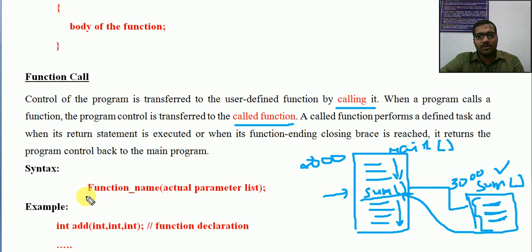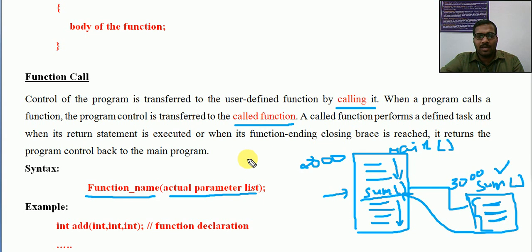Now let us see the syntax of function call. Function call syntax is very simple. Just use the name of the function, then the actual parameter list. Actual parameter means the actual value with which that function is to be executed or processed. For example, sum of 10, 20. 10 and 20 are the actual values to be processed. So we are passing 10 and 20.